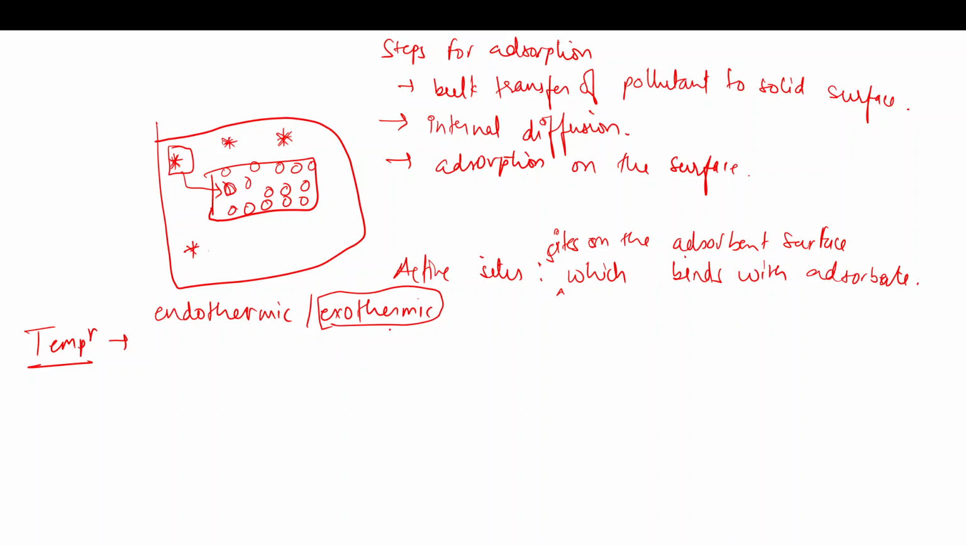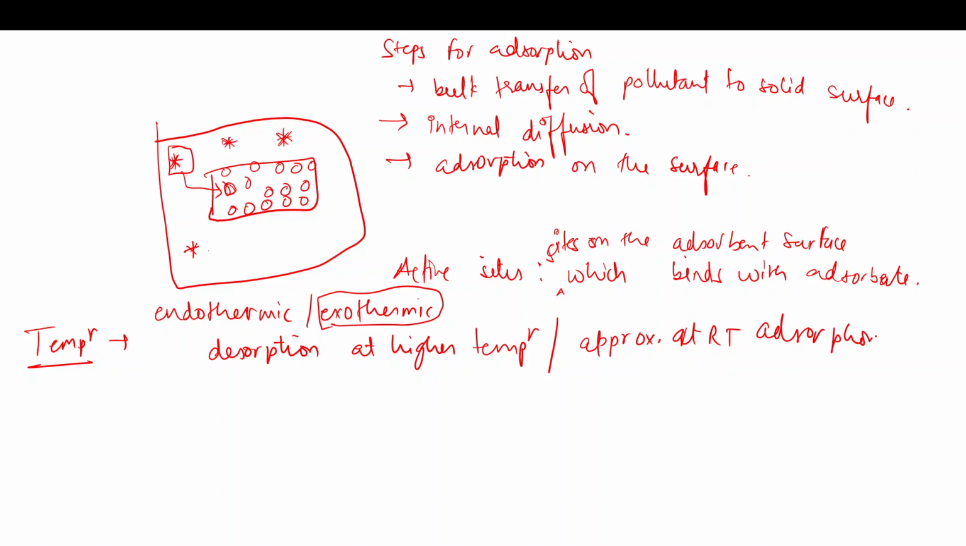So if we increase the temperature, then it will result in desorption at higher temperature, or approximately at room temperature adsorption occurs. Okay, so this is the effect of temperature, depending on the type or nature of adsorption, may it